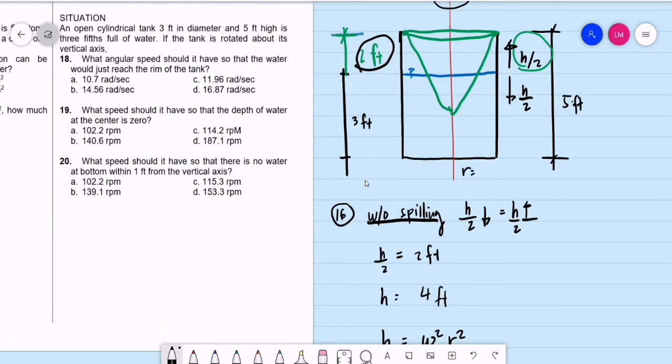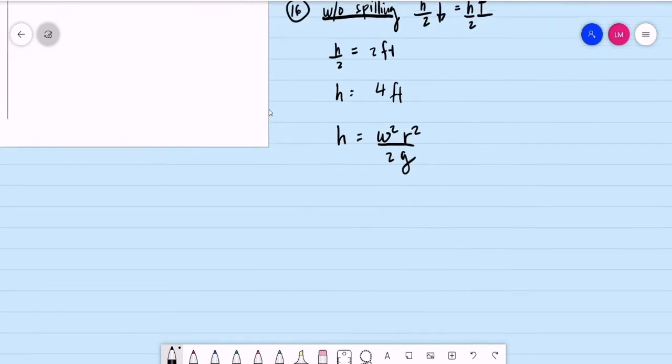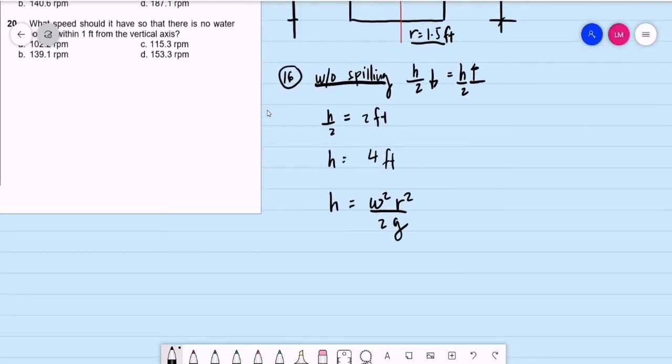Therefore, we have a radius of 1.5 feet. Okay, a radius of 1.5. So let us now compute for the angular velocity. The required height of the paraboloid is 4 feet, equal to the angular velocity squared, times the radius of 1.5 squared, divided by twice